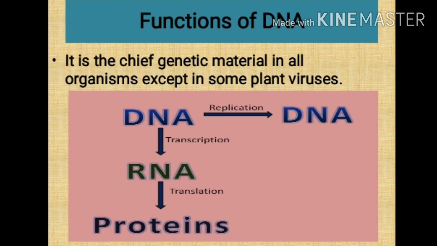Polypeptides or proteins play a metabolic role in the cells. So DNA has two main important functions. DNA undergoes replication to form DNA, which is required before cell division. Its other function is transcription. When DNA undergoes transcription, RNAs are synthesized: mRNA, ribosomal RNA, transfer RNA, and small nuclear RNAs. These mRNAs on translation on ribosomes form the proteins or polypeptide chains.